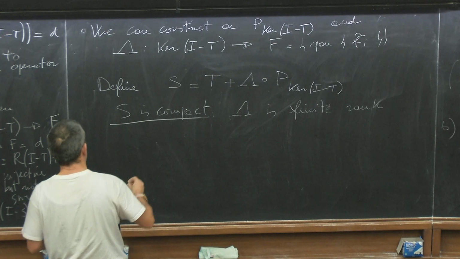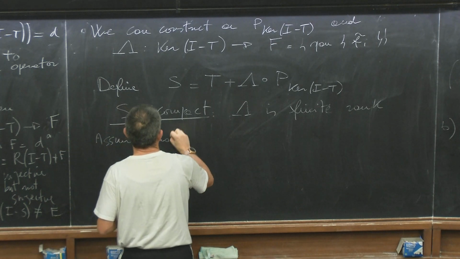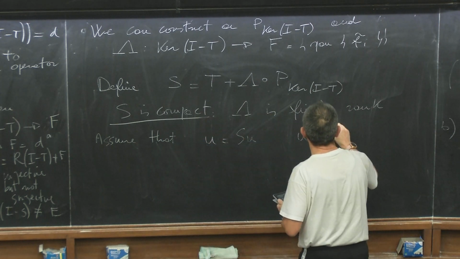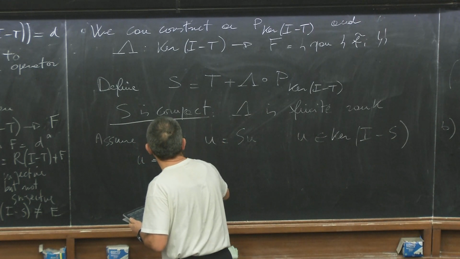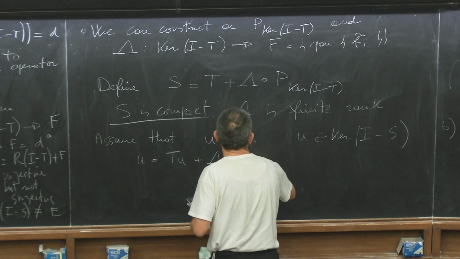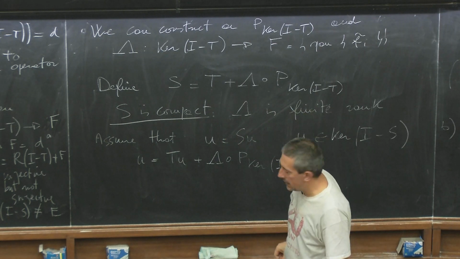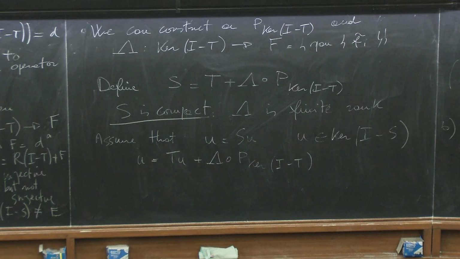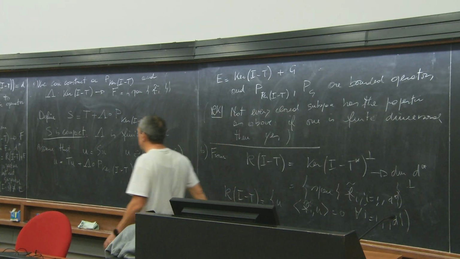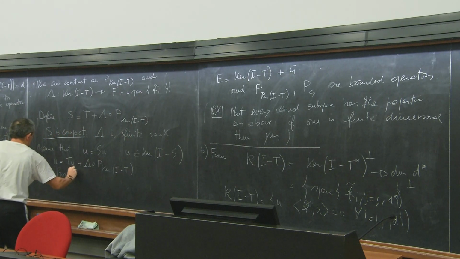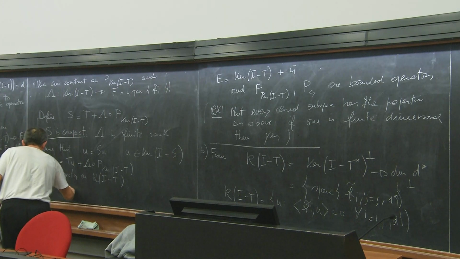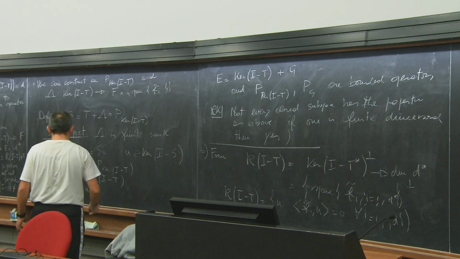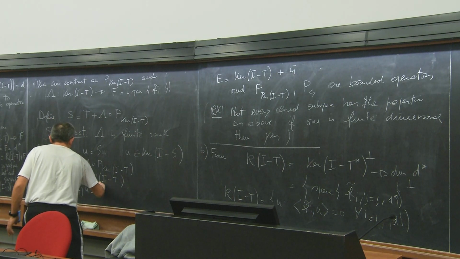What are the properties now? Assume that U is equal to S of U, which means U belongs to the kernel of identity minus S. So let me write U is equal to T U plus lambda composed with P on the kernel of identity minus T. But now I recall that I have this nice projection on the topological supplement of the range. So projecting on the range,